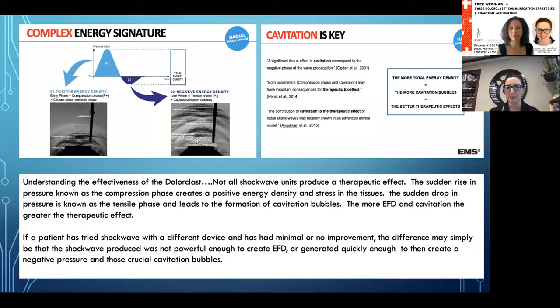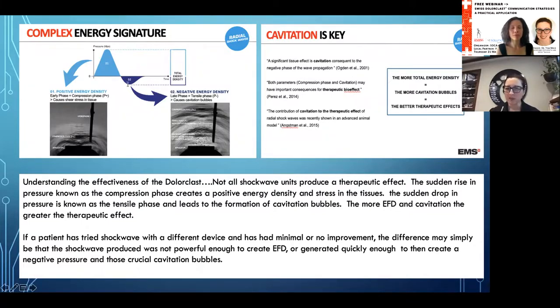That's really important. And that's sometimes an error I see with some new practitioners. I see them sort of not actually compressing and maximizing the benefit of that stress in the tissue. So that's really important. Then we see a sudden drop in pressure. This is known as the tensile phase. So when this comes down, and this is where this negative pressure here, that's when we get the formation of